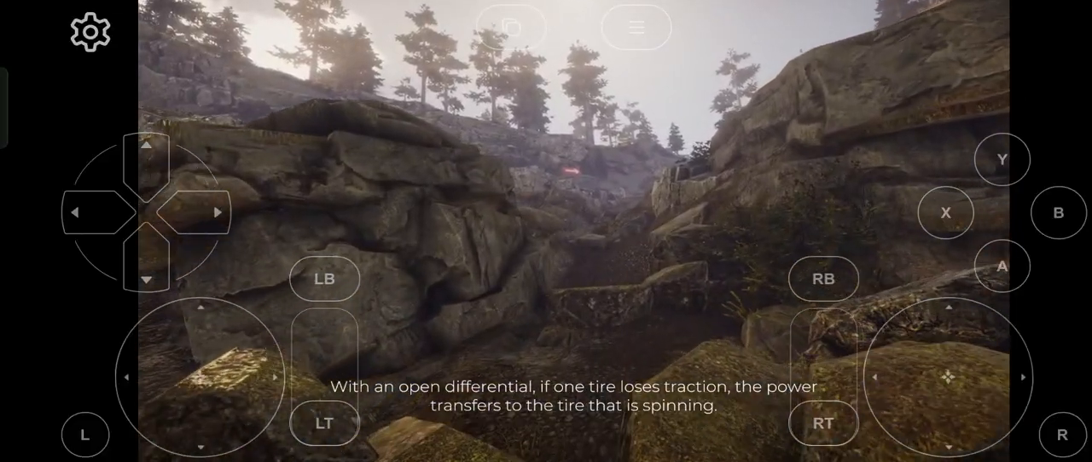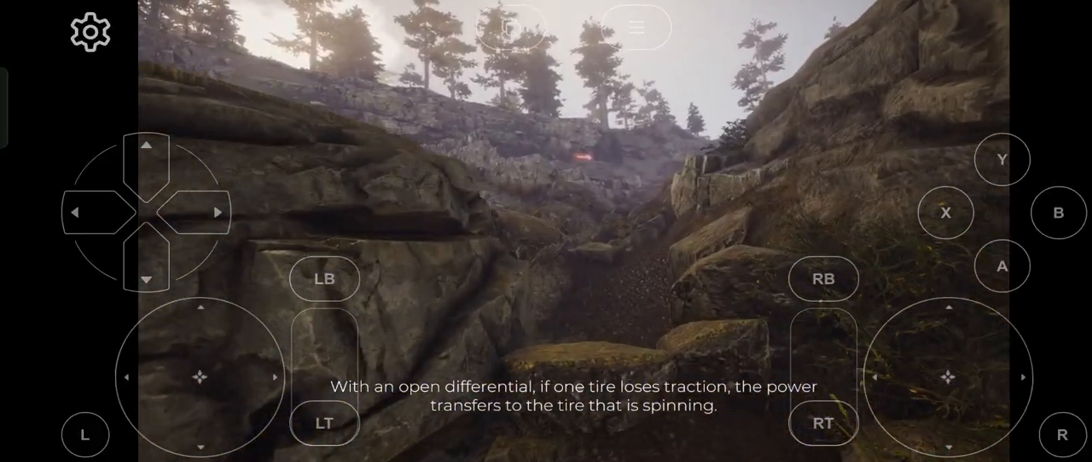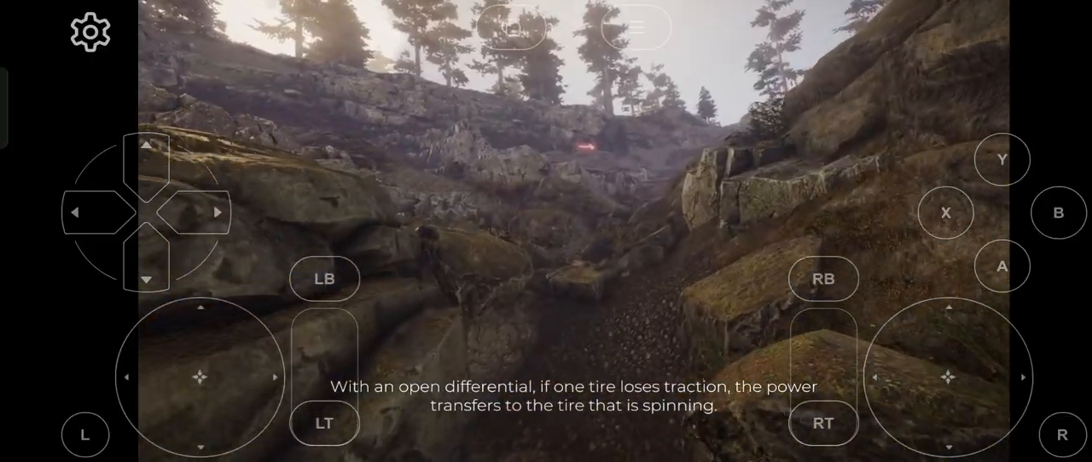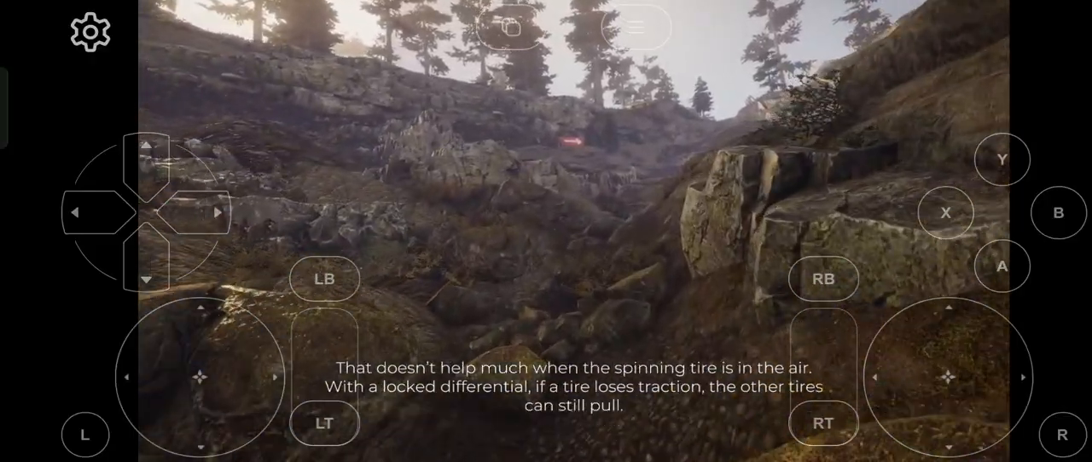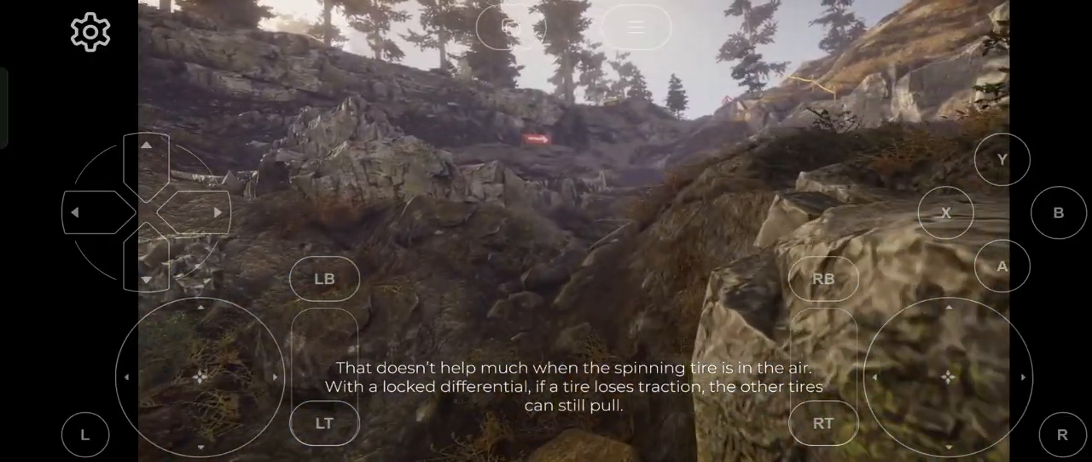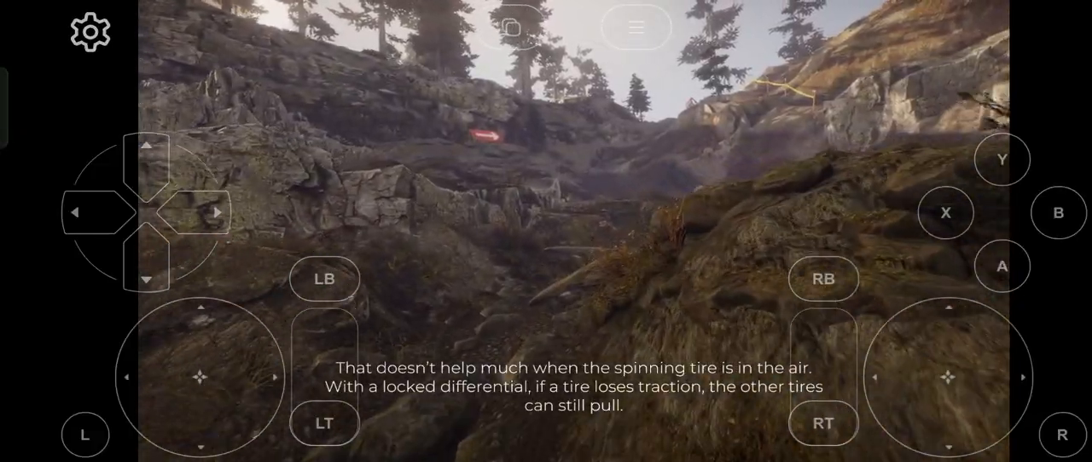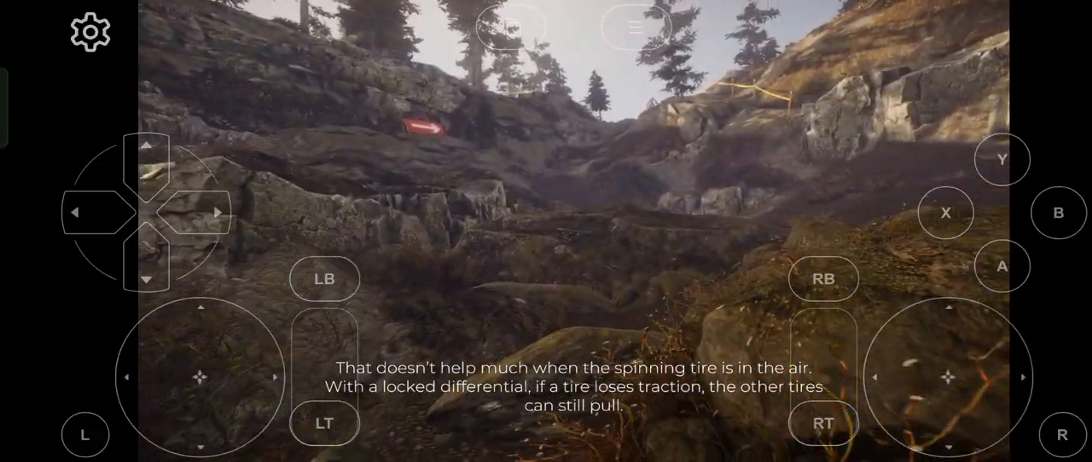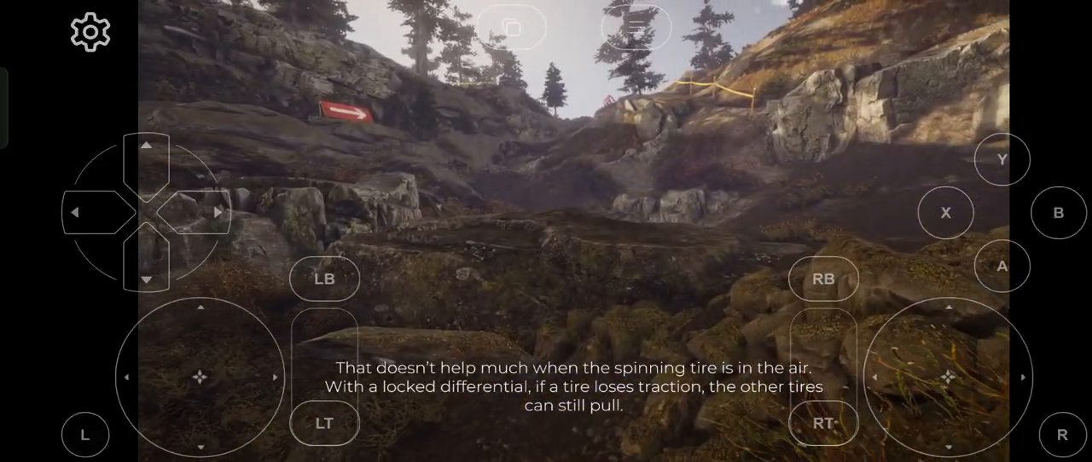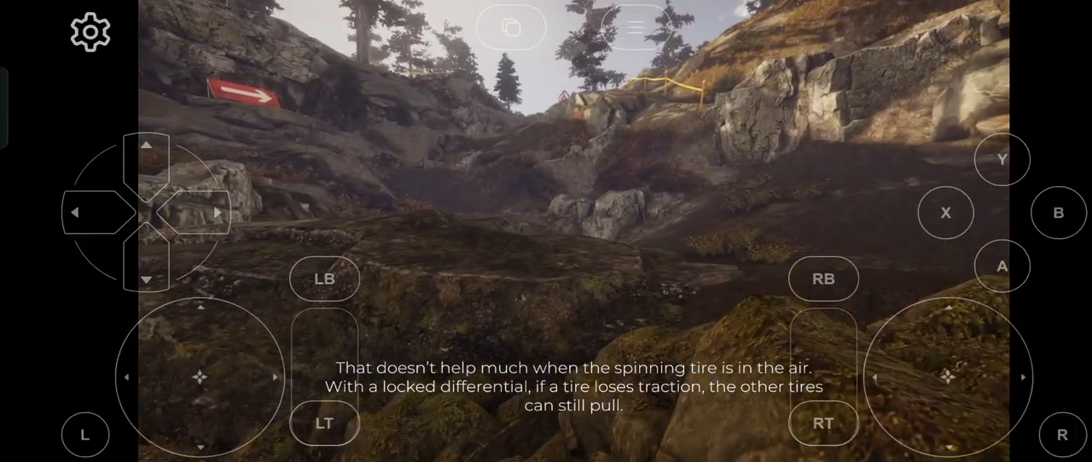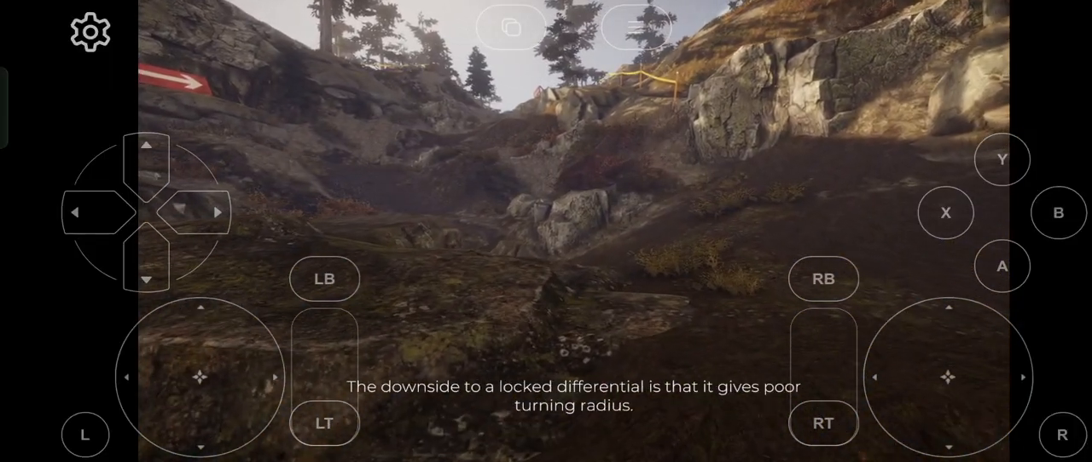With an open differential, if one tire loses traction, the power transfers to the tire that is spinning. That doesn't help much when the spinning tire's in the air. With a locked differential, if a tire loses traction, the other tires can still pull. The downside